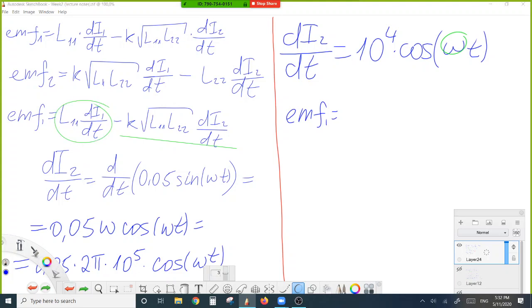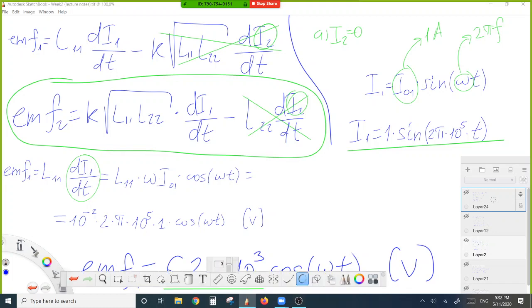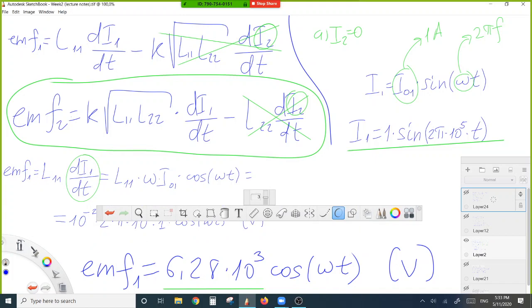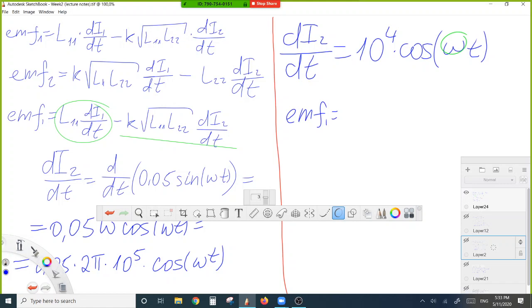This we have already computed, is equal to 6.28 10 to the power 3 cosine omega t minus